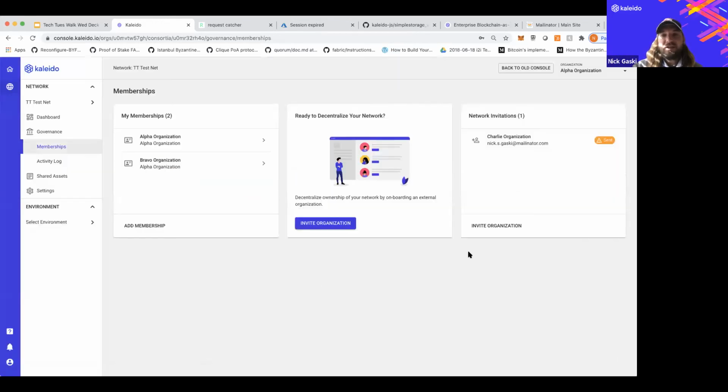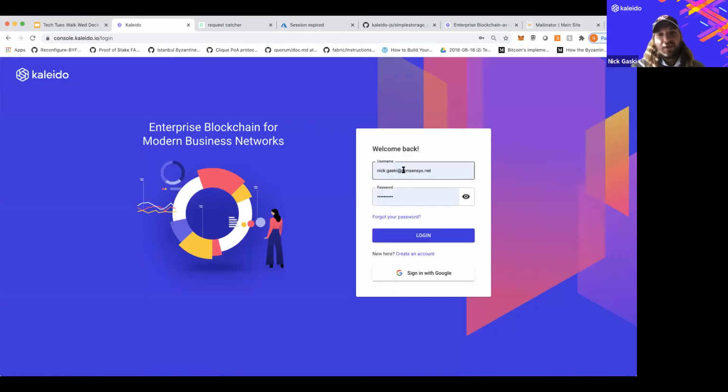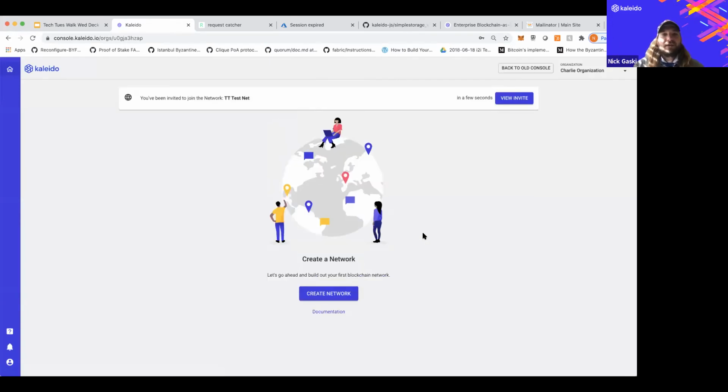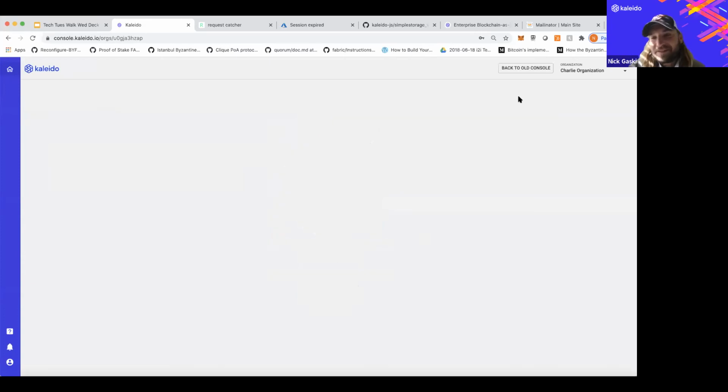So I can send that invitation. We see a very clean view right here that it's been sent to this address. And what I can do is log out. I could go to this email inbox and I'll see that invitation, or I can just log into this account on Kaleido and we'll see that I've been invited to the TT testnet network. And I'll be able to have a view of the organizations that are inside of that network. I'll be able to see the permissions that I've been allocated, and I can very easily make an informed decision about, do I want to participate in this network, or do I think that I don't have enough skin in the game, or I don't even know who the heck sent me this invitation right here.